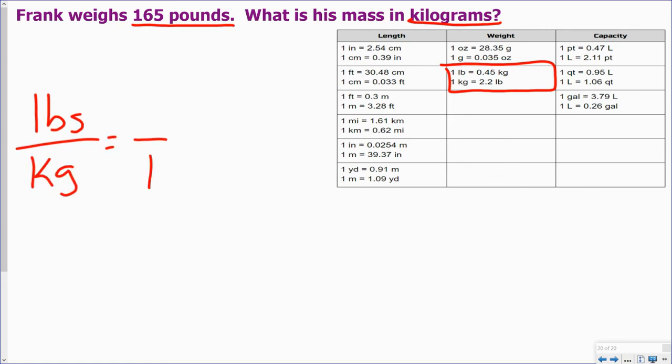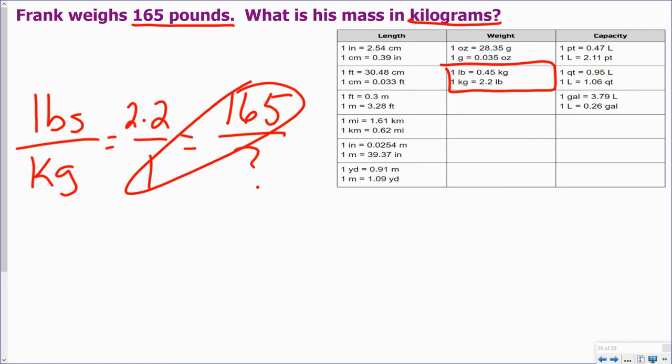If I have 1 kilogram, and I have 2 and 2 tenths pounds. In my problem, I have 165 pounds. Figure out how many kilograms that is. So again, if I cross multiply, it gives me 165, and I'm dividing it by 2 and 2 tenths, and that gives me